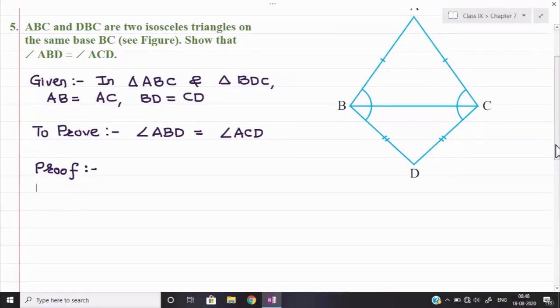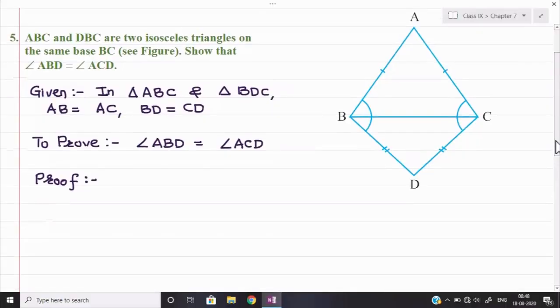First of all, see the figure, you need to observe carefully, and here I am making some changes. This angle I am supposing 1 and this angle I am supposing 2. I am talking about angle ABC and angle ACB. These two angles I am taking over here. Similarly, in the triangle BCD, I am taking the next two angles. So here I am marking this angle as angle number 3 and this one as angle number 4. So these are two more angles and I am marking them as equal. I will show you how these two pairs of angles are equal.